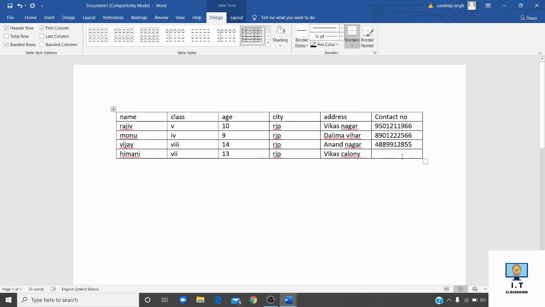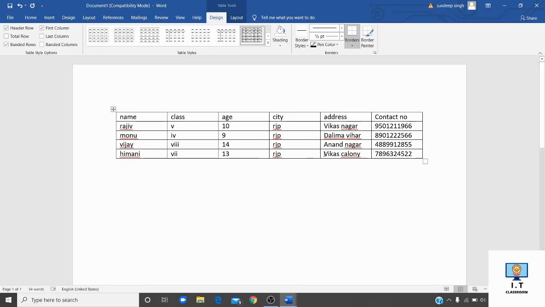In this way, you have to enter the contact numbers of each student. After entering the data in this table, now I will tell you how you have to apply other commands.